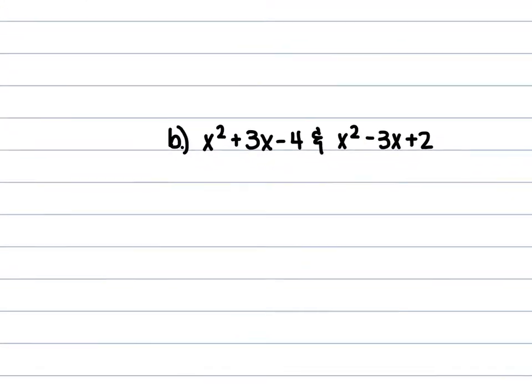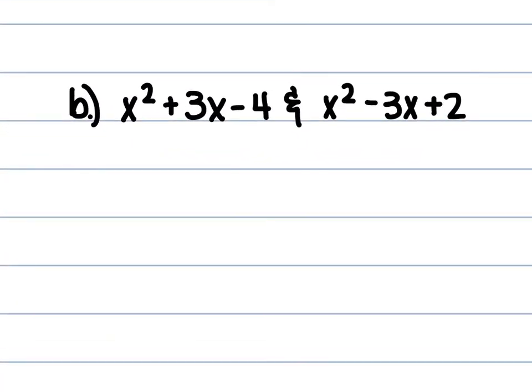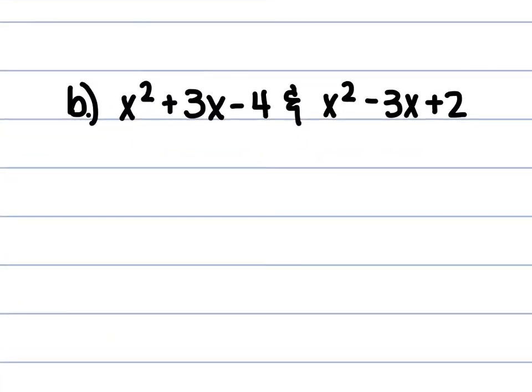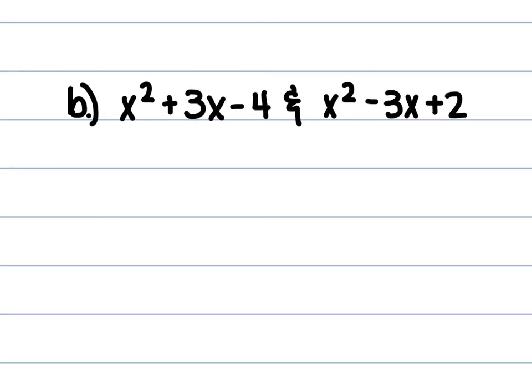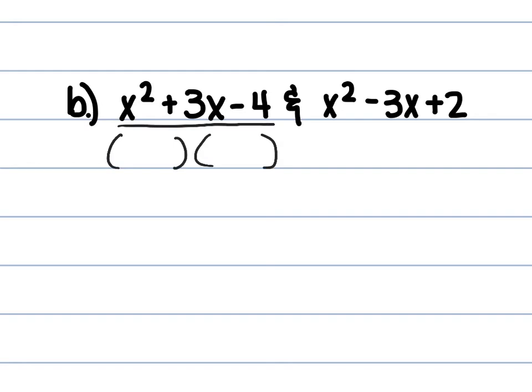So when we look at these here, remember we said our first step was to factor these completely. Well, these, it looks like probably could be factored. Let's try factoring the first thing. How do we factor that? X, x plus 4, x minus 1. And what about the second thing over there? X minus